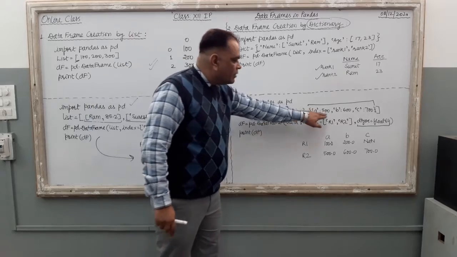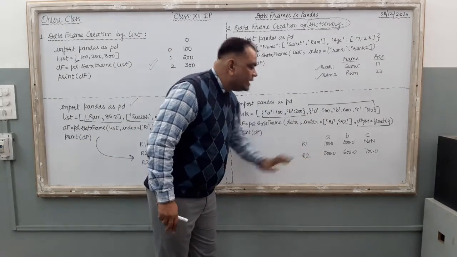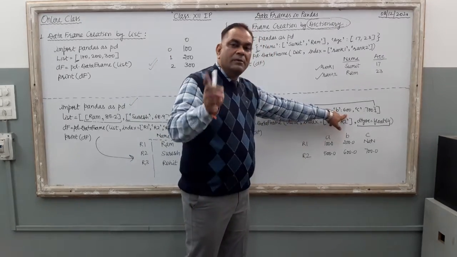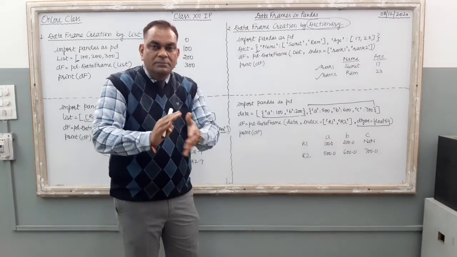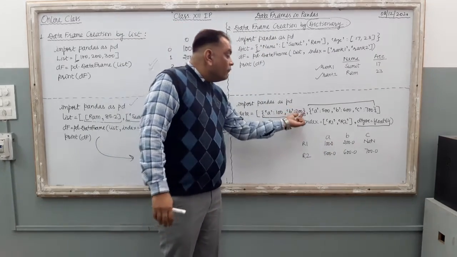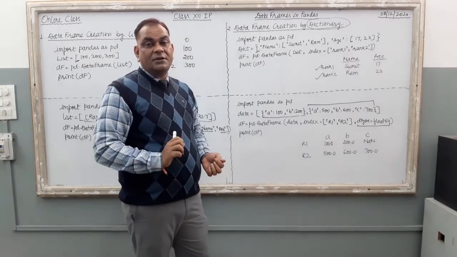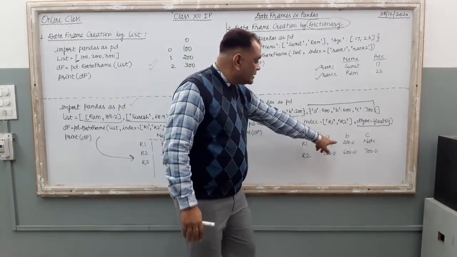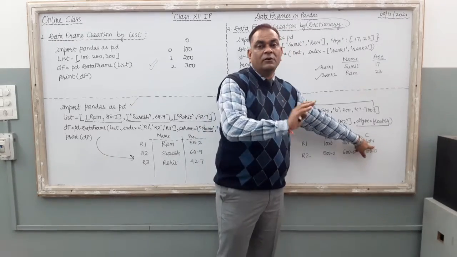Now, how we generate the output? Value of a is 100, value of a is 500. Two values are there for a only. So 100 और 500 एक के नीचे रख दिया. Value of b is 200. Here in the next dictionary value of b is 600. So 200 और 600 एक साथ रख दिया in a column. Now C column is there. Value of C, it is not there in the first dictionary. First जो row है इसमें नहीं है. So here just see NaN should be there in this particular place.